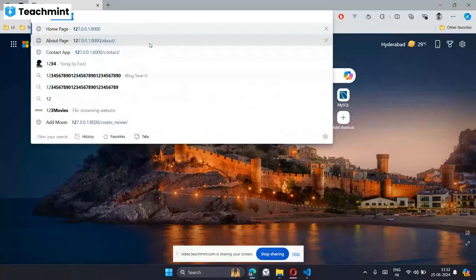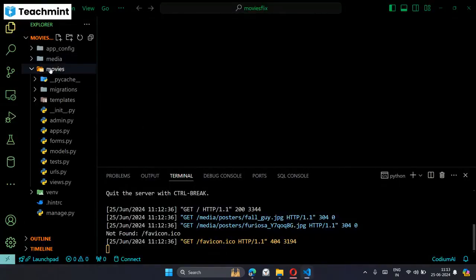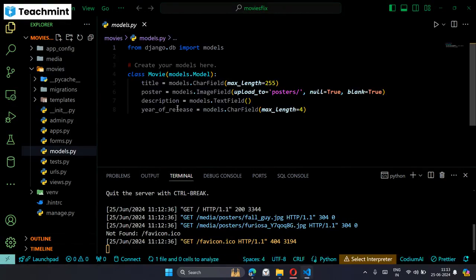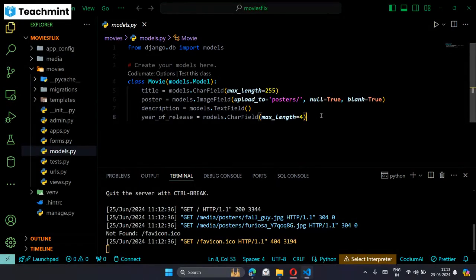So this is our previous project. For this, let us add few more fields, few more models, so that we can implement relationships. Okay. So previously we have single model which is called as movie. Okay, so now to implement one-to-one relationship, I'm adding one more